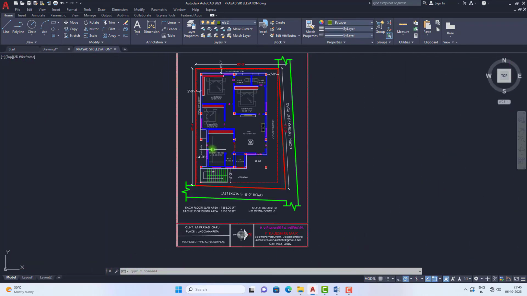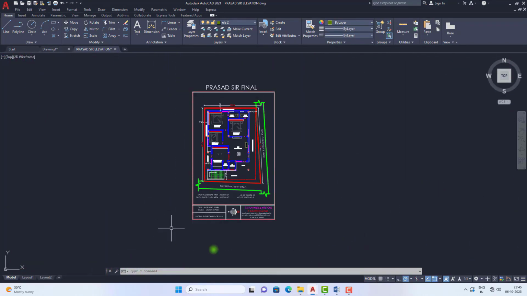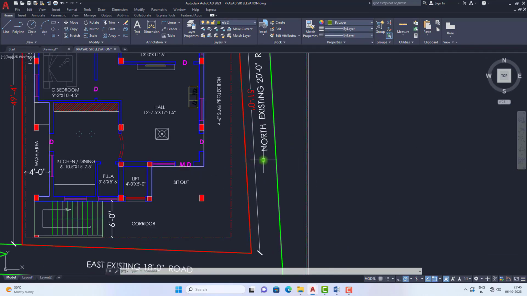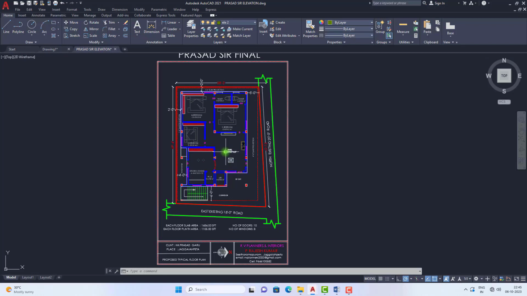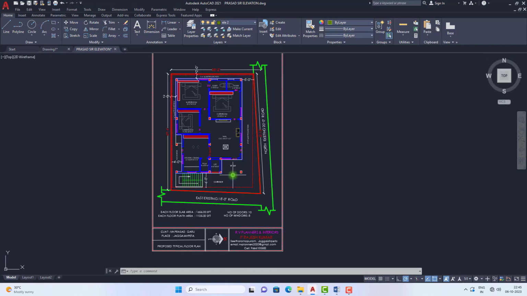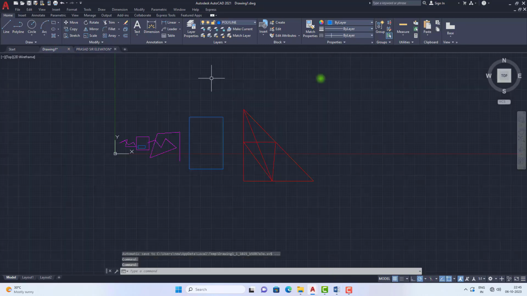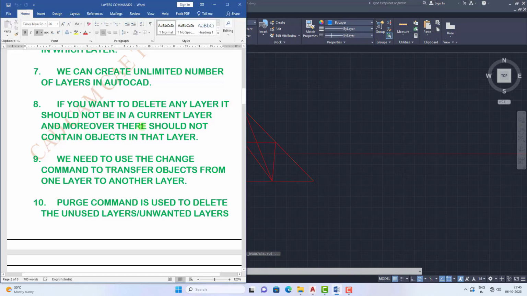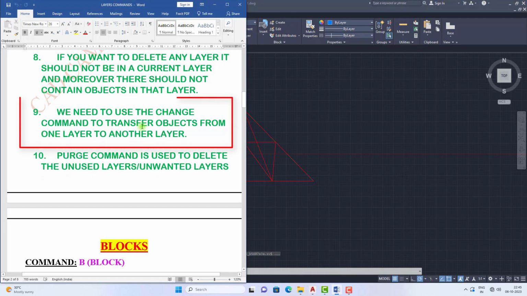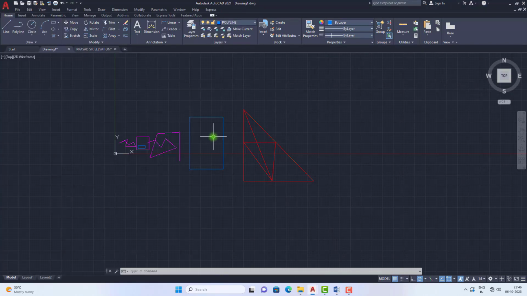If you draw any drawing by using layers, you can quickly change any properties or make any modifications on this type of complicated drawings. For that purpose we need to use layers. See here, there is an option: we need to use the change command to transfer objects from one layer to another layer. So if you want to change the objects which belong to one layer into some other layer,